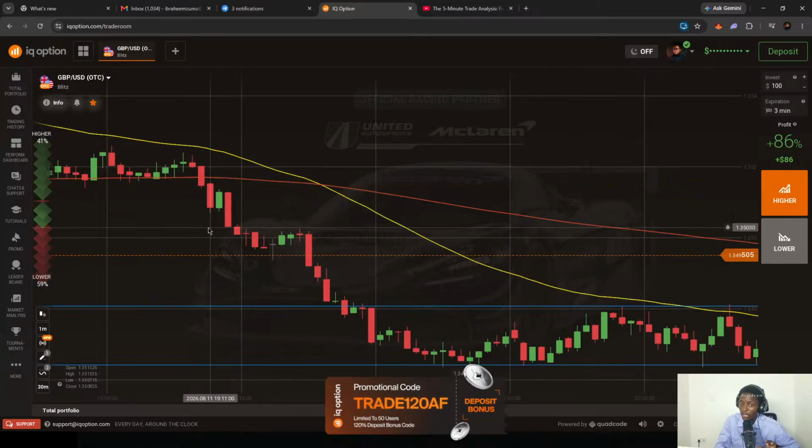And if we move back, we have another crossover. Around here, you can see that after the yellow moving average crossed above the red moving average, the market began going in an upward direction, and it continues to go upward. The second thing you want to understand is that when the chart is above the yellow moving average, it means we have a bullish trend or an upward trend. Whenever the price is above the moving average, it means that the market